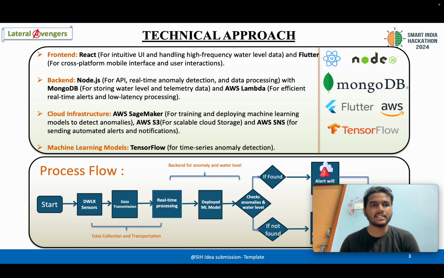As far as the back end is concerned, we are going to use Node.js for the API management and all those things for the back end, and we are going to use MongoDB for storing the water level and telemetry data. For processing, we are going to use a fast service, that is AWS Lambda, for efficient real-time alerts. Regarding the cloud infrastructure that is going to accommodate all those things, we are going to use AWS services,